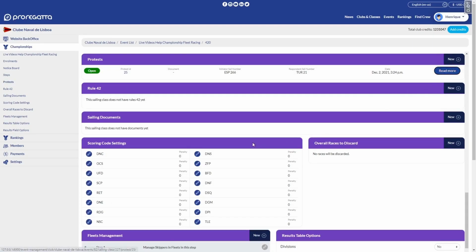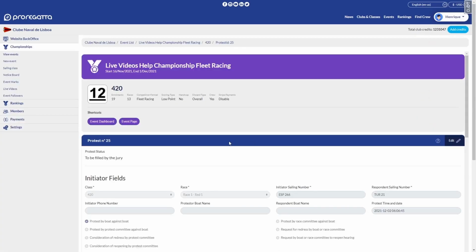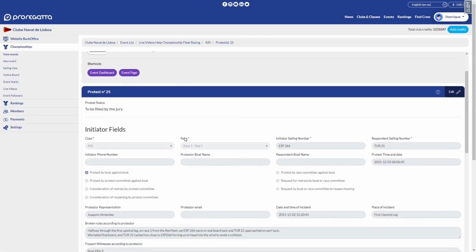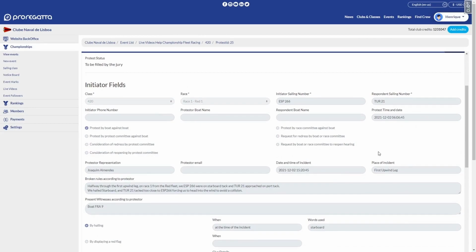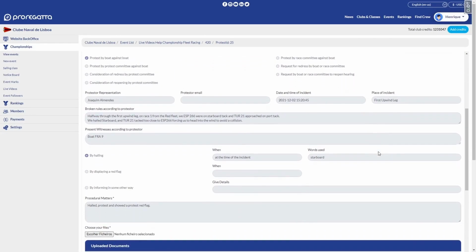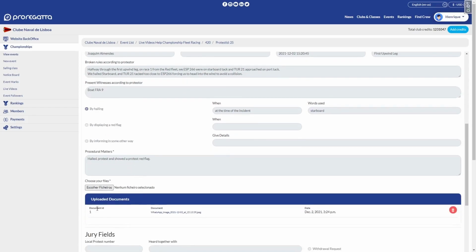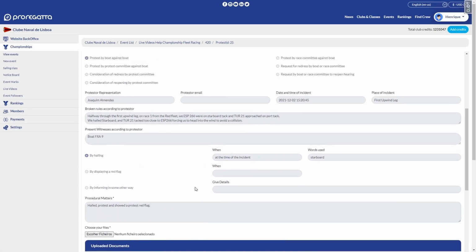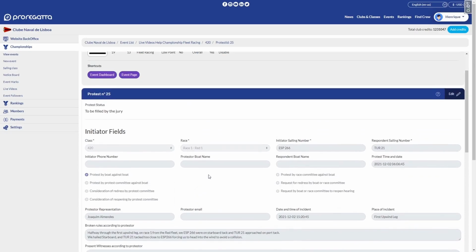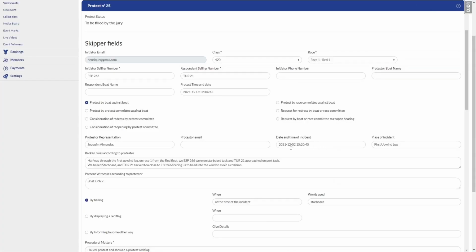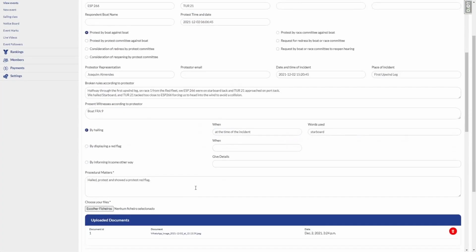The race committee will obviously make a decision, and you can see right here all the fields that were set from the protester, and you can see the documents that it did and read everything. And when you are ready to make a decision, the back office just needs to get the decision from the race committee, or even the race committee may be doing this, and